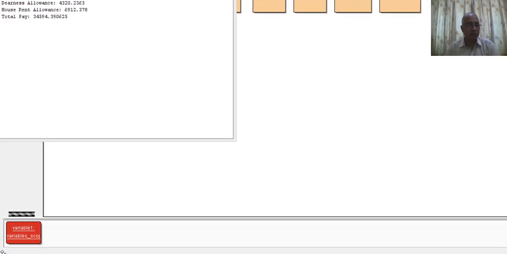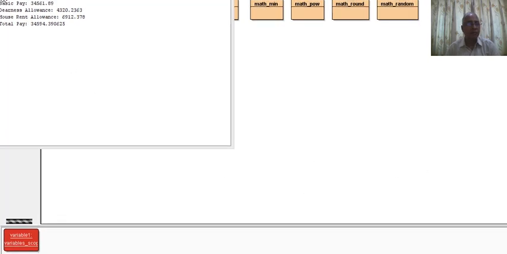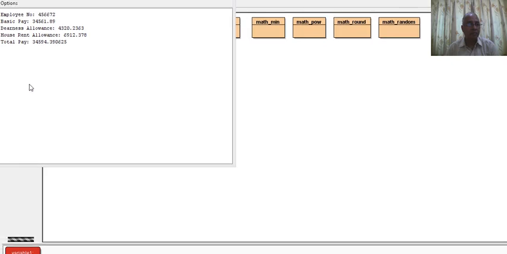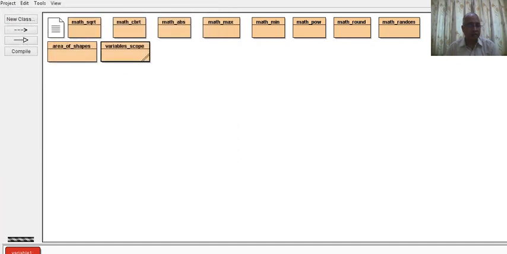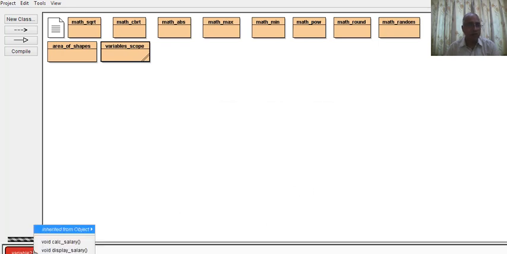You see here the salary being displayed. This is the salary. Now again, if we remove this, again if we make a new object, and in this object we simply display the salary.